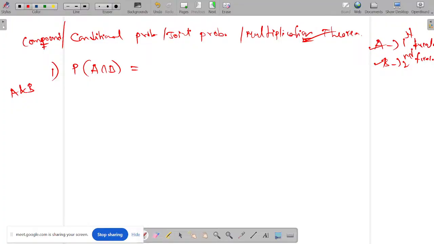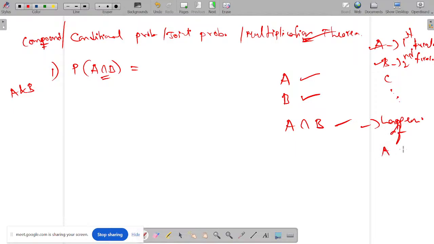So here we say A is the event related to the first trial, B is the event related to the second trial, or C or whatever it is. Then we will talk about the multiplication theorem related to A intersection B. What is A intersection B? A is happening of A, B is happening of B. We are talking about A intersection B, which means what? Happening of A and B. First event happens and then when the second event happens, we talk about the second event together with it.